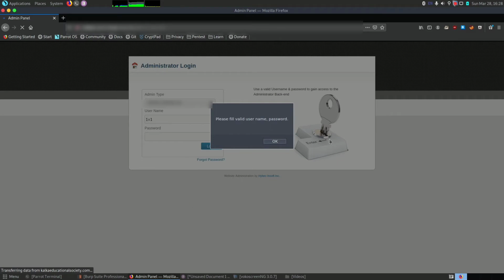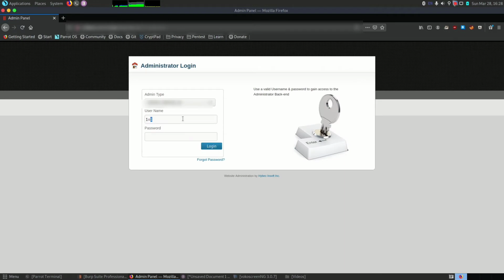Here you can see it showed me "please fill valid username and password". That means it is secure enough that it can easily catch the 1=1 input.